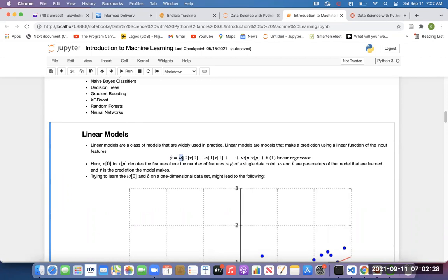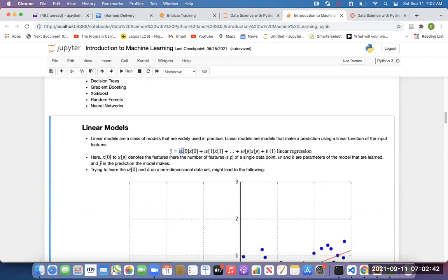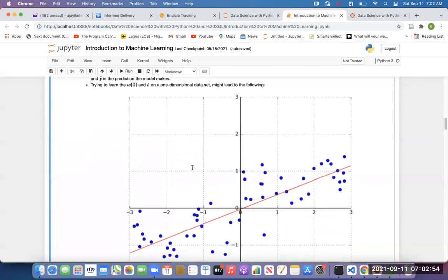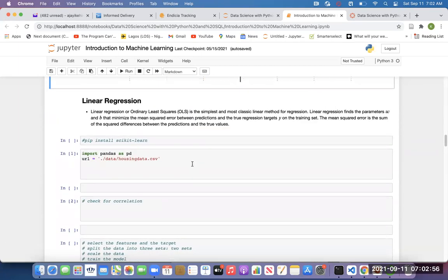If the model comes up with wrong values, then it will make more errors. But the machine learning model must try to come up with very appropriate values of W to reduce the error it's making. So these W's are what they call weights or coefficients. For deep learning neural networks, if you decide to go higher, they call those W's weights. So you can call it weight and you can call it coefficient. All right? So I can show you from here.